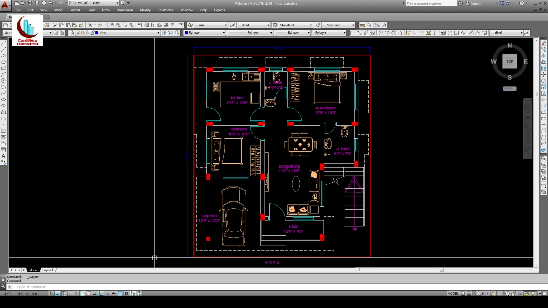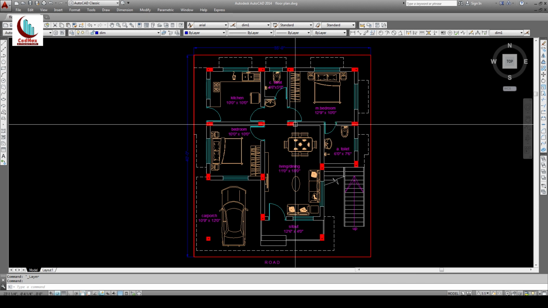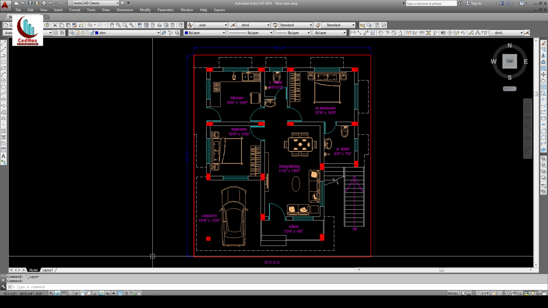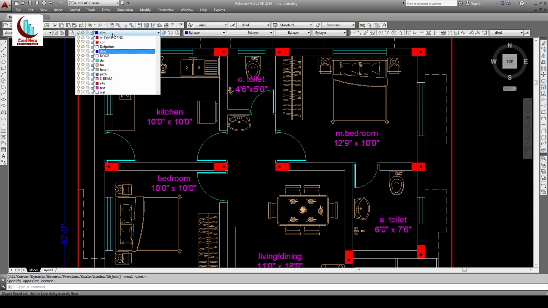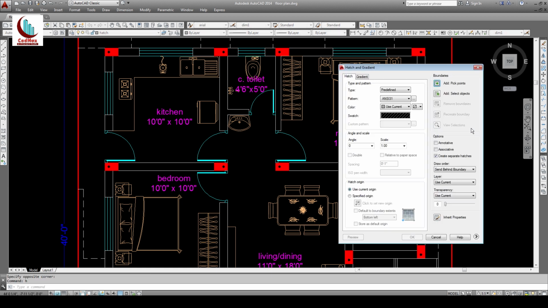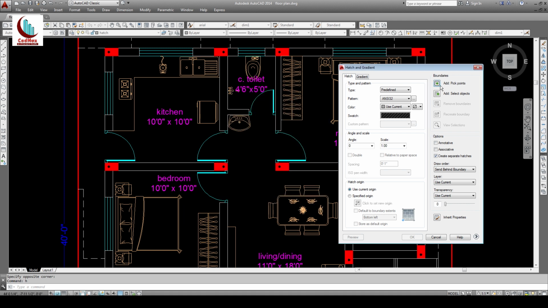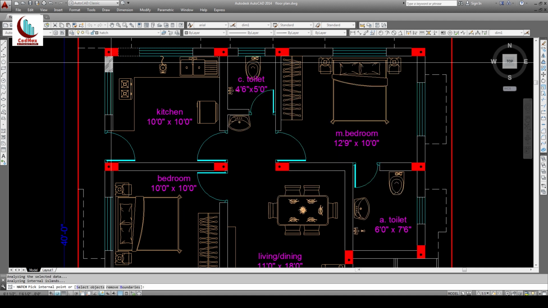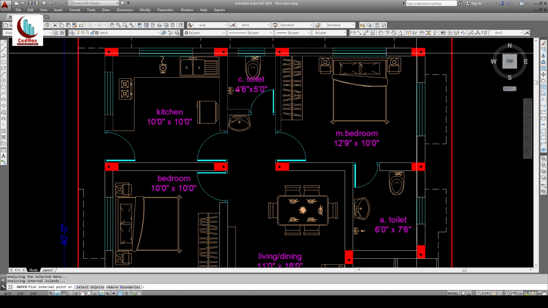Okay, this is the drawing. If you can see in the provided drawing, I have hatched all these walls. So we will hatch it now. Keep the current layer hatch, type H, enter. You can also select this, that is hatch, select the hatch pattern, I'll select this, okay, then pick points. You can select all this where you want to hatch, select all the points,